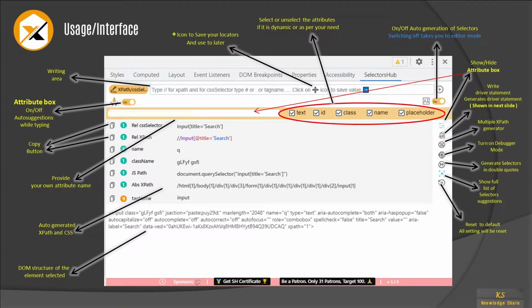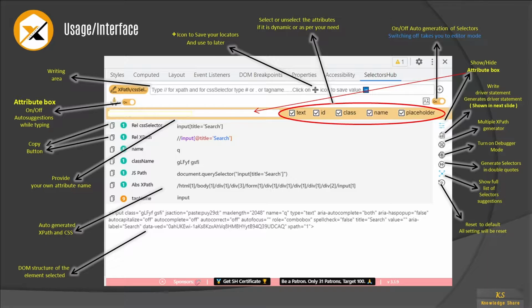So let's see the interface first. This is just a normal demo on how to use the interface and what the different features available on the interface are, so that you get some understanding. Whenever you use any tool, first you have to know what the icons are meant for, what the features of each and every icon are, and how best we can use them. When you get hands-on with any tool, it saves your time.